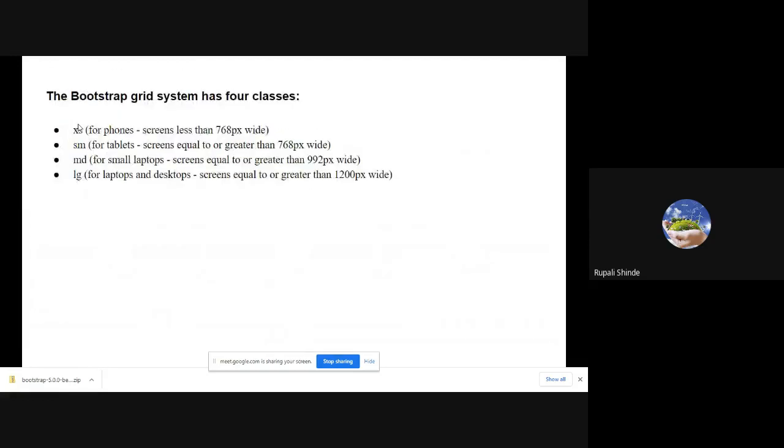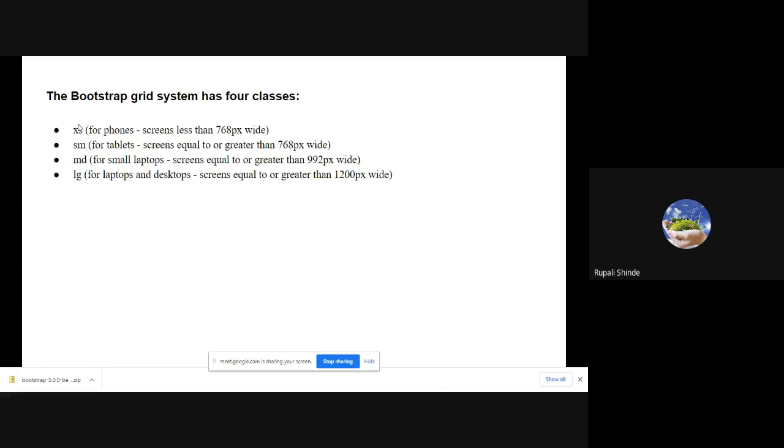Then the Bootstrap grid system has four classes. The same classes we have seen in the col: XS, SM, MD, and LG. Again, it depends upon the size of your device, as we have seen. XS is for the phone.